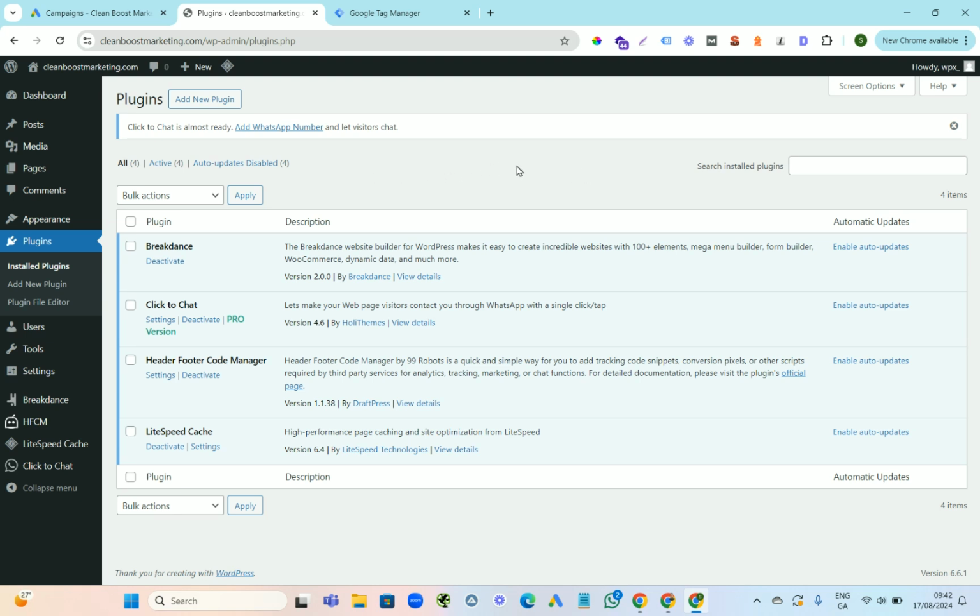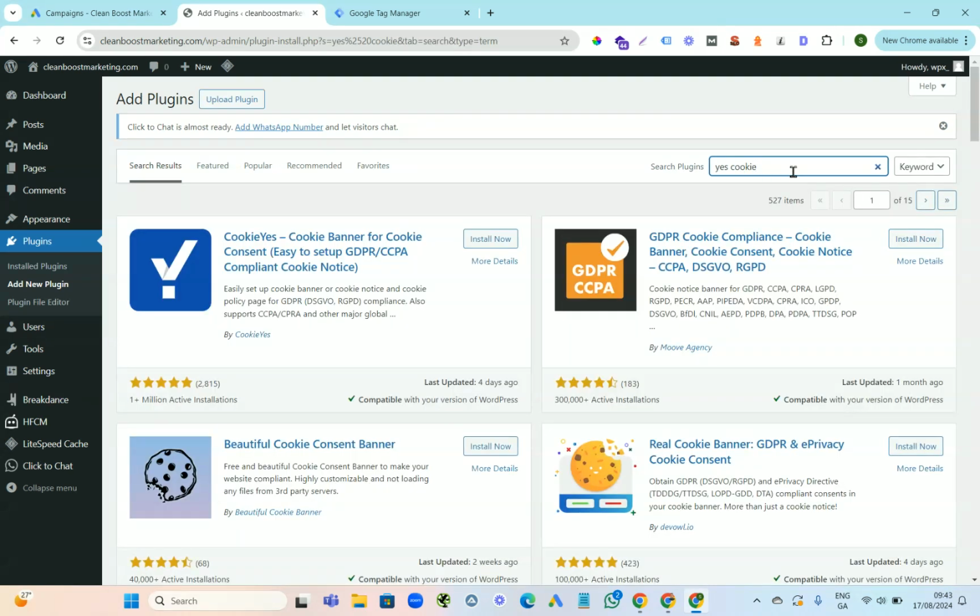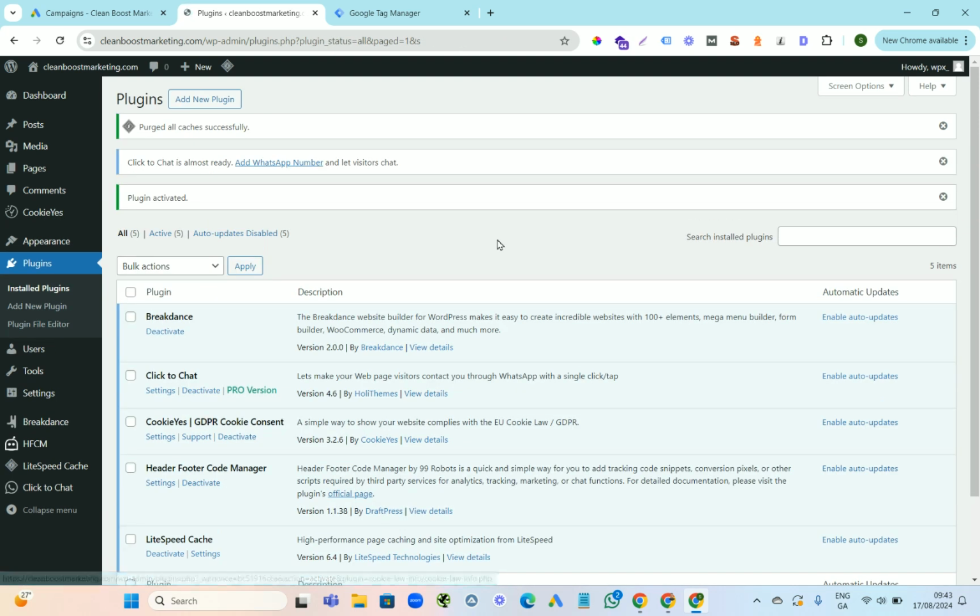So what you need to do there is add a plugin, and I'll show you what to do. We go to plugins, add new plugin, and you type in yes cookie. This is the one that I use, and there's a free version. So we go to yes cookies, and we go to install now. And then we activate, and then we come down to it right here. We just press settings,